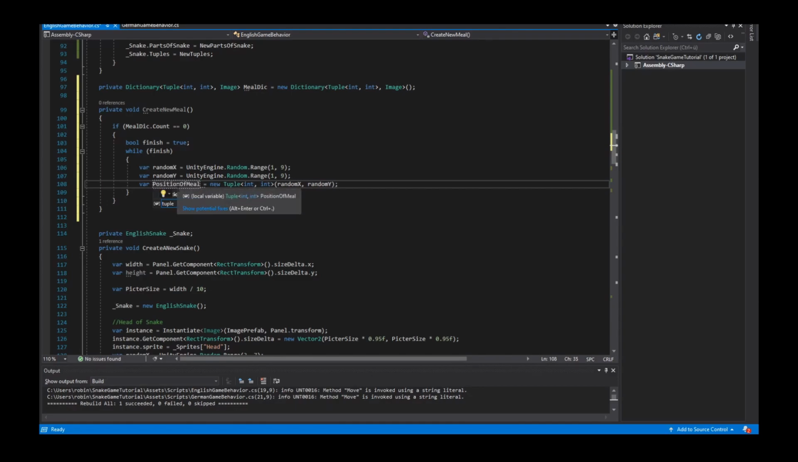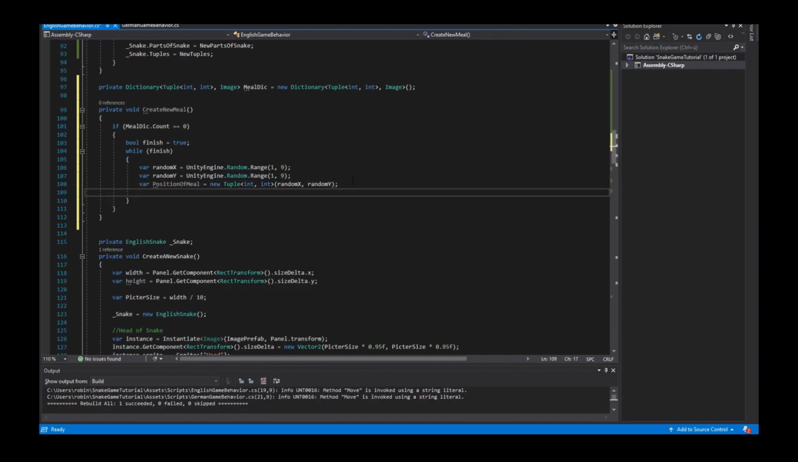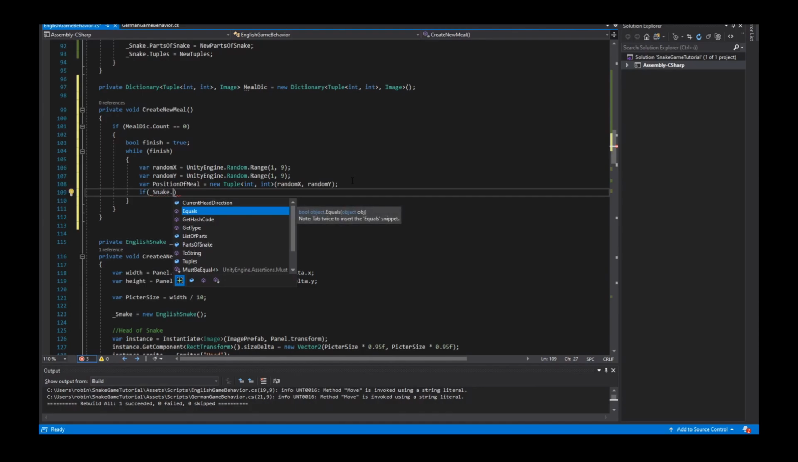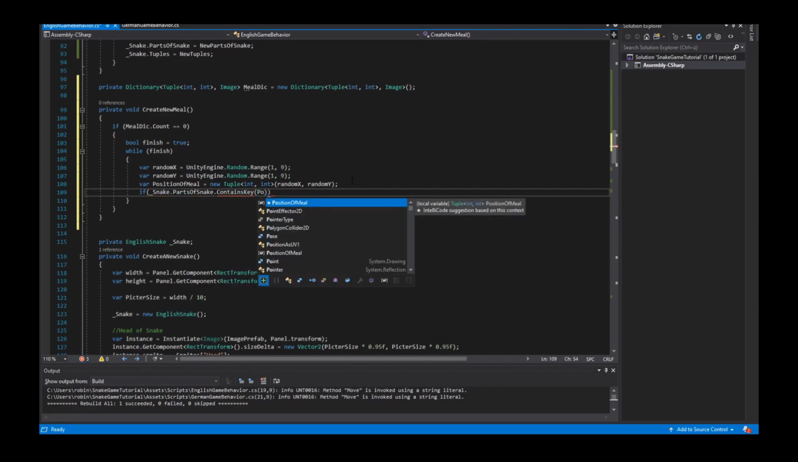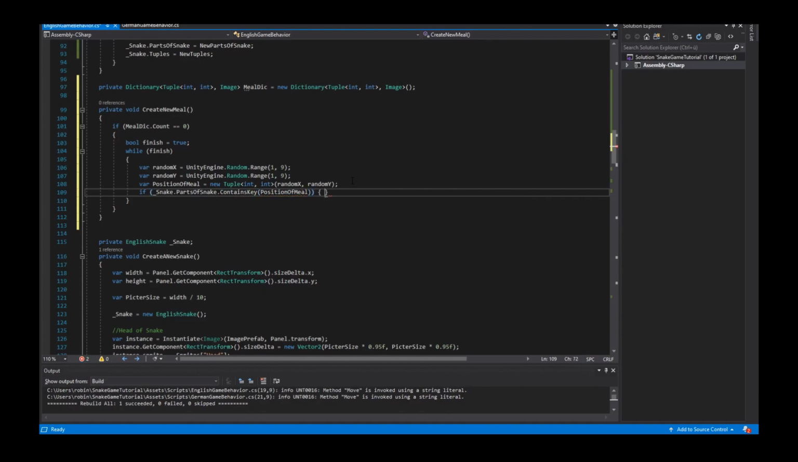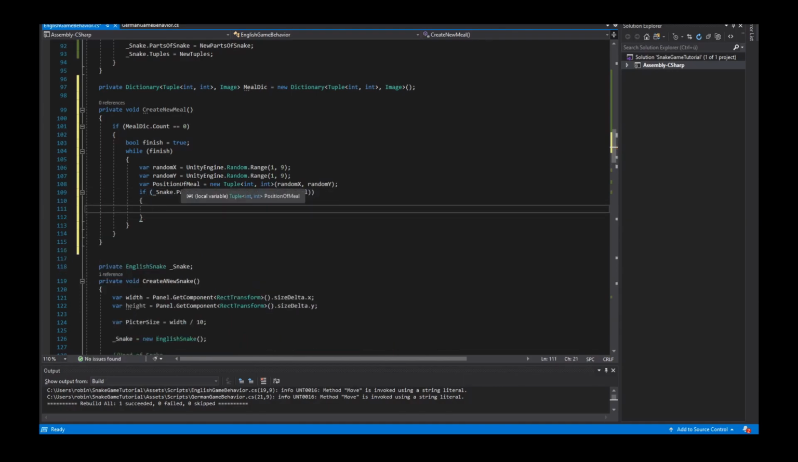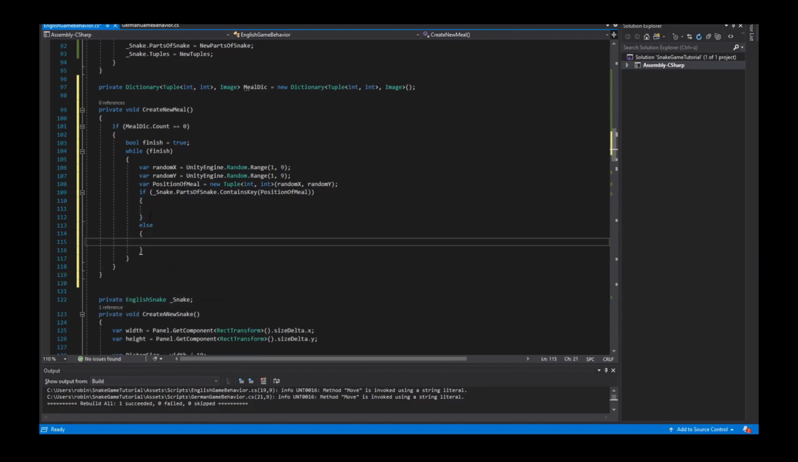and now I have to ask if my snake's partsOfSnake.Contains this position, so I can't insert a meal into this position. So I have to try to create a new random position. When this position is free,